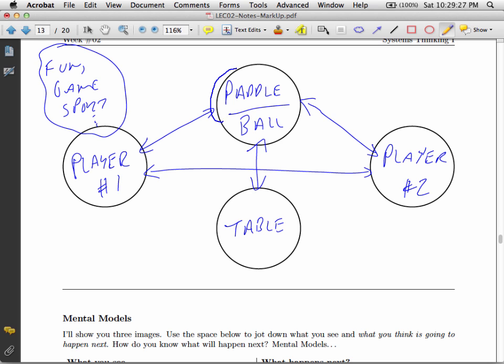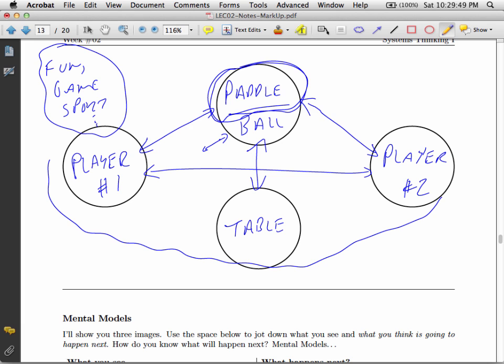And again, we have identifiable parts like paddles and so on. The parts affect one another. So the ball hitting the paddle impacts both the ball and the paddle, and so on and so forth, through the laws of physics. Together they create a unique experience. If you take all of these bits, you have a unique experience called a ping pong game, and the effect can be replicated multiple times. So you can have another table and another 2 players, another set of paddles and balls, and have another ping pong game. So you can multiply this number of times.